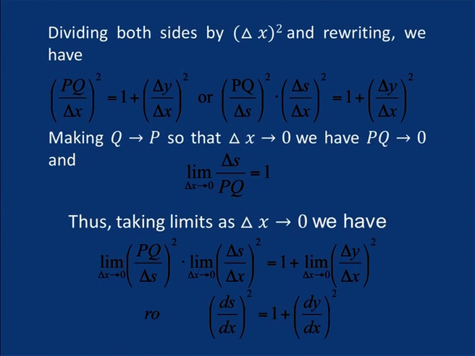Making Q tend to P so that delta x tends to 0, we have PQ tends to 0